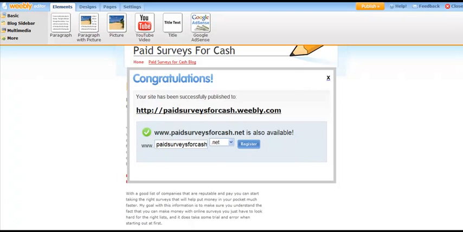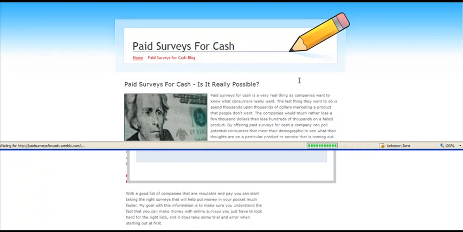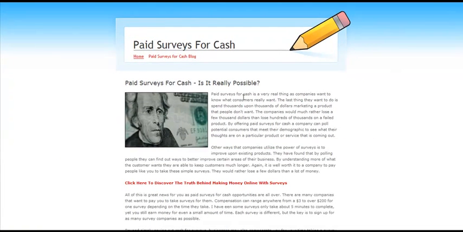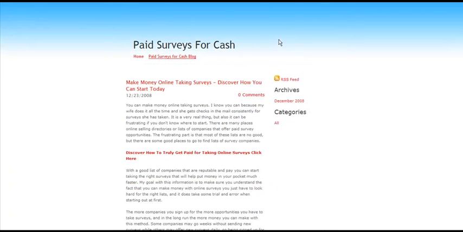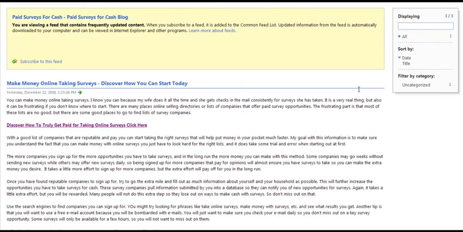So the next thing you do, I'm going to go ahead and pull the site back up. Now that you've tested it, now that you've built your blog and made your first blog post, you would go right over here and pull up your RSS feed. So you just go ahead and click here on RSS feed. Just highlight that, and then go ahead and highlight it in your browser, copy it, and you're going to go over to a website called